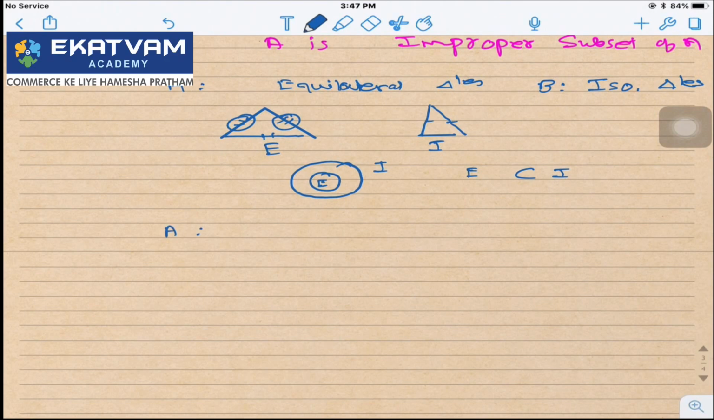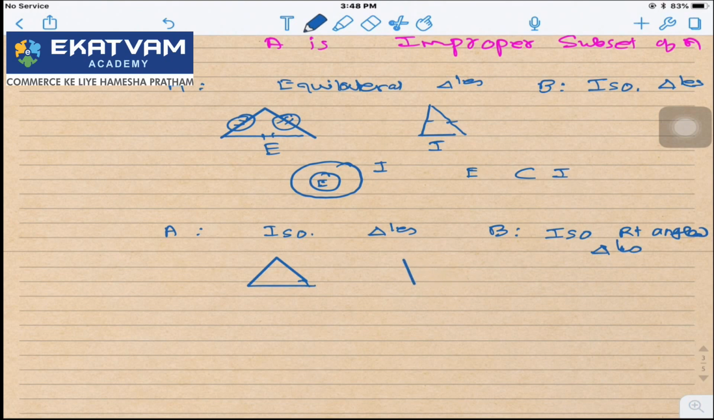If I consider A as isosceles triangles and I consider B as isosceles right angle triangles, tell me, what will you say? What is subset of what? So this one is an isosceles triangle. Clear? And keep in mind this is isosceles and also a right angle triangle. So this is isosceles and this is a right angle triangle, so this will come in R, I, but not in I, R. And therefore R will be the